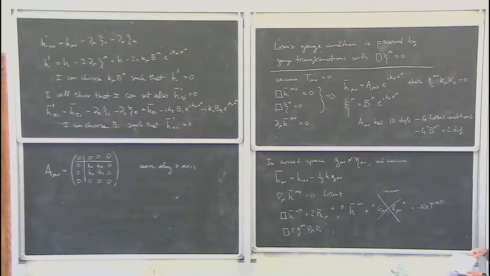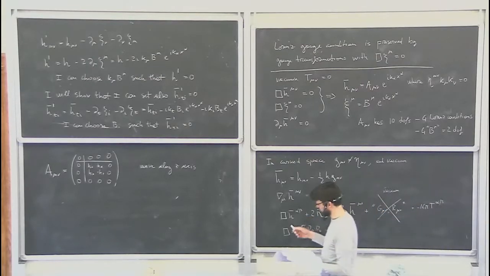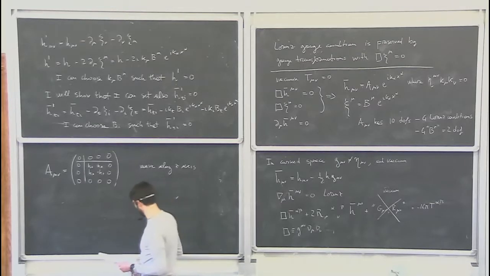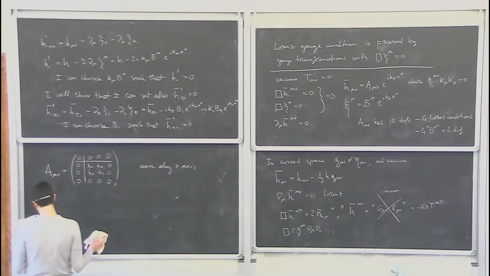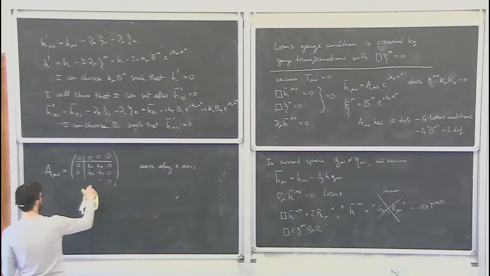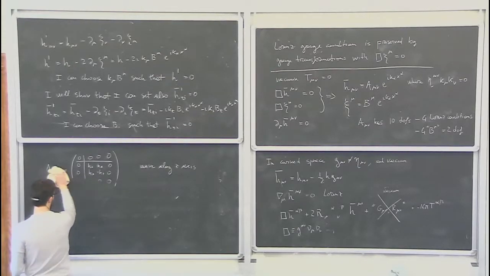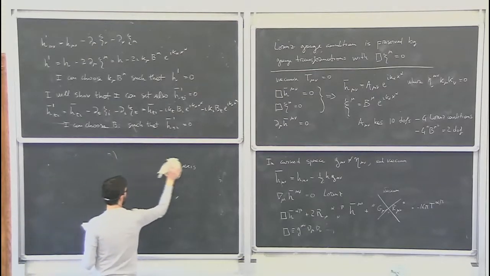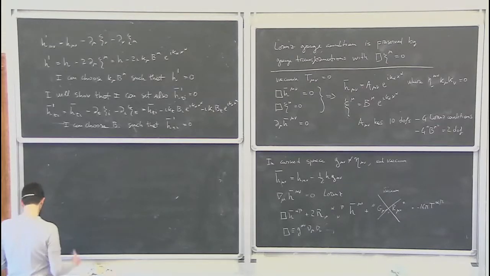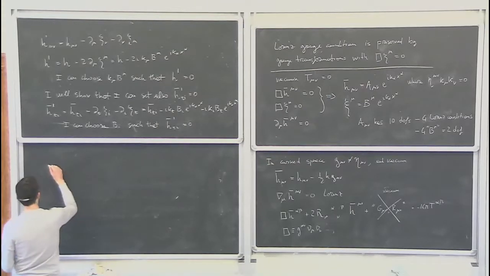And I can try to see how many independent degrees of freedom there are in h bar. So I can try to do the same trick as I did before. I can try to use the residual gauge freedom of the Lorenz gauge to perhaps reduce the number of degrees of freedom of my metric perturbation. So I will not go through all the details. What you can do, and you probably know already, is that